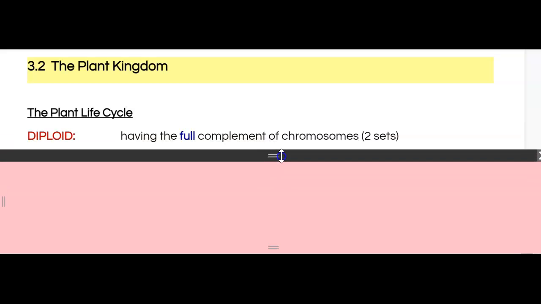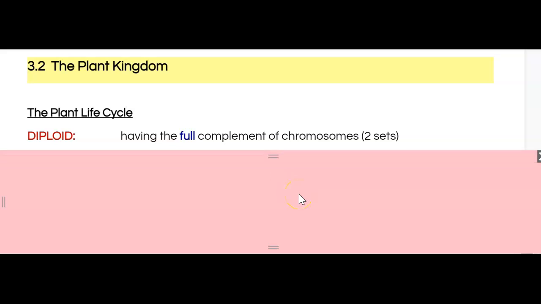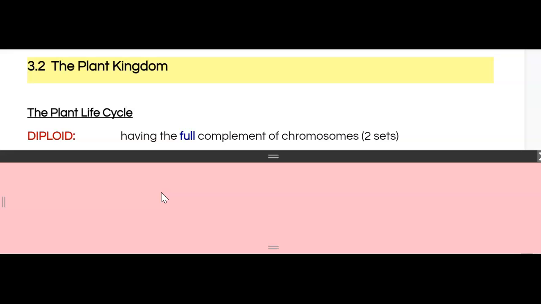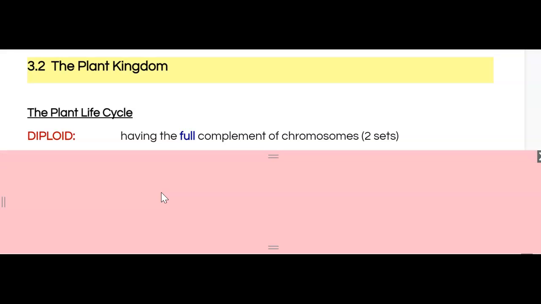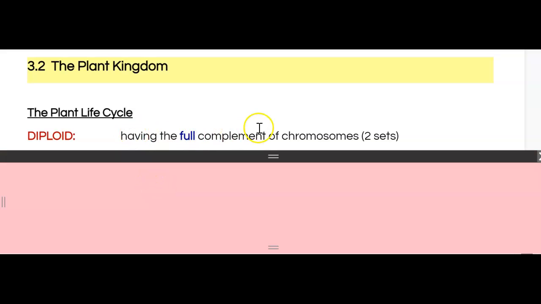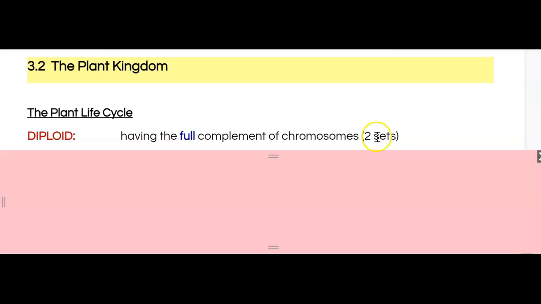So the first term that I want us to know is diploid. We've been doing a lot of exercises in biology so far, talking about prefixes and suffixes and how those can inform us about what we're talking about, give us some insight. So the prefix di is one that comes up a lot. I'm hoping that you recognize that as meaning two. And so we can translate the term diploid into meaning having a full complement of chromosomes, which means two sets,